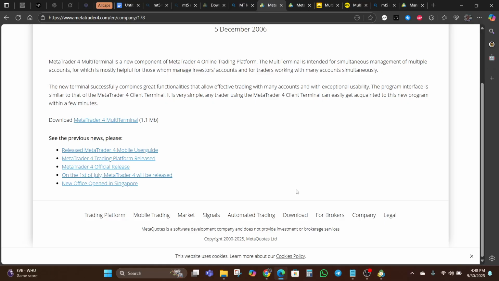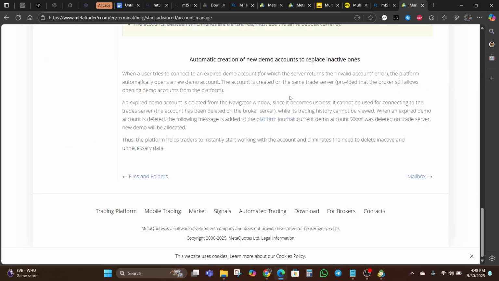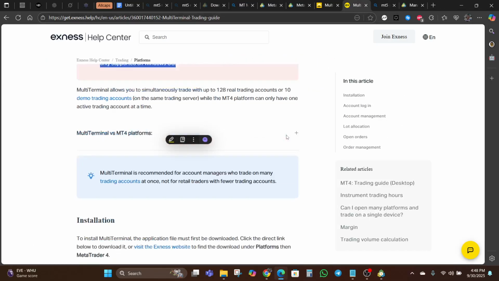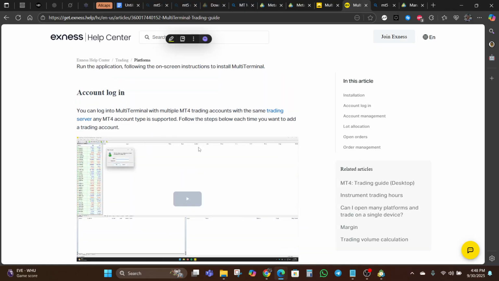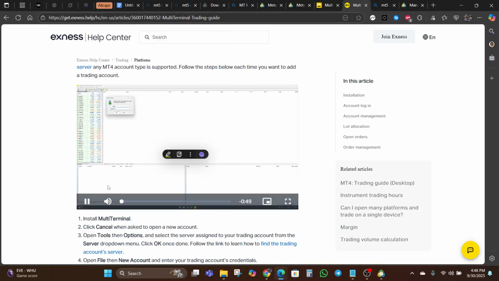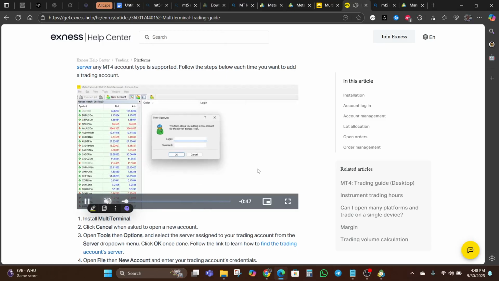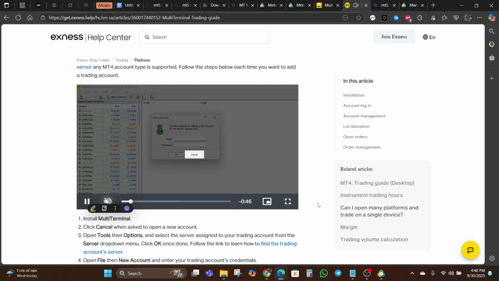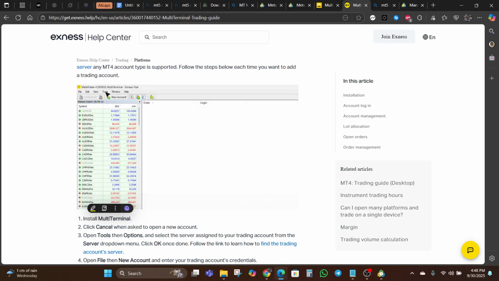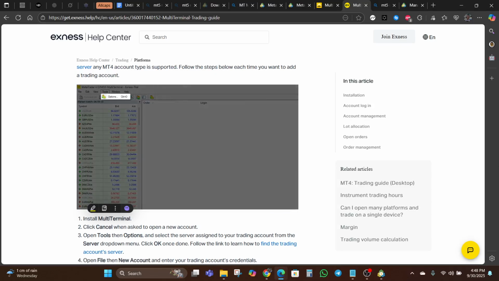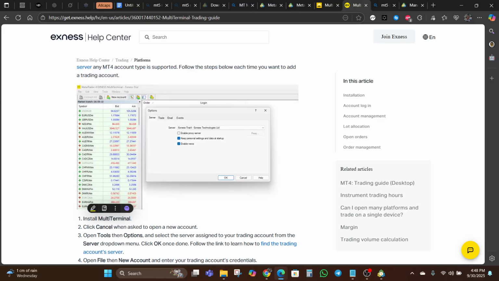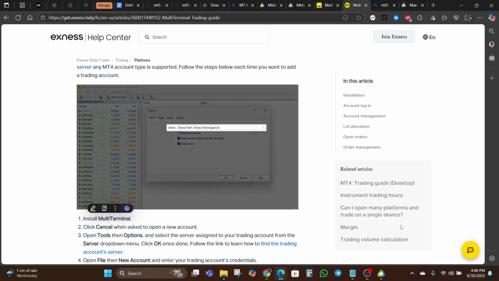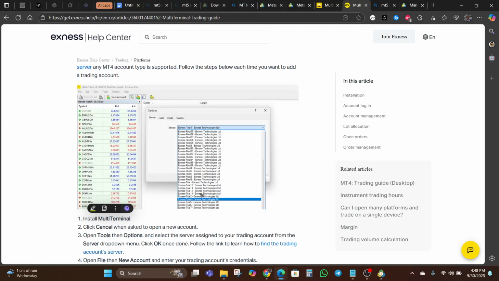But generally, let's just discuss multi-terminal and the features. Okay, let's just generally discuss the features of the multi-terminal, right? So basically, you have to install it first, log in and all of that, and then you see your accounts displayed after you've of course logged into the accounts. Okay, then